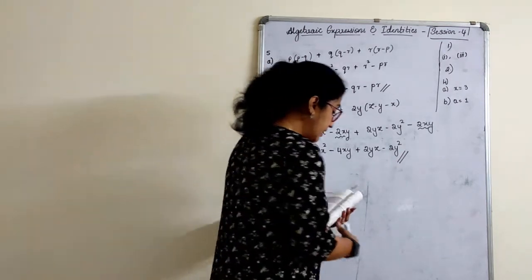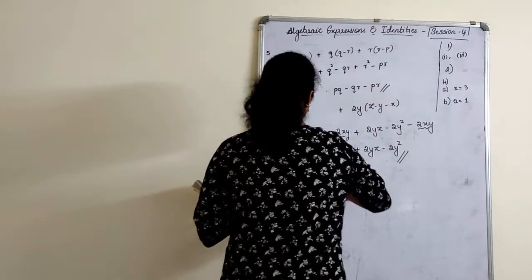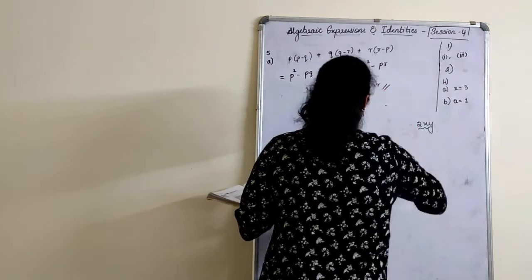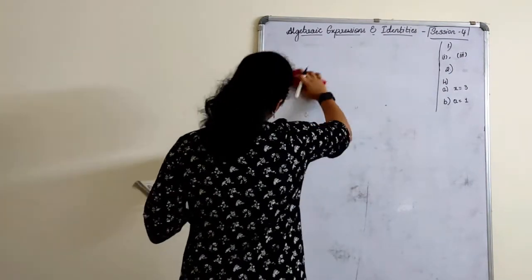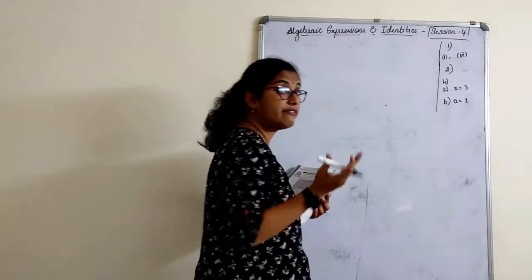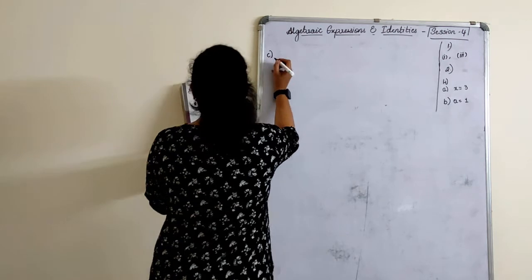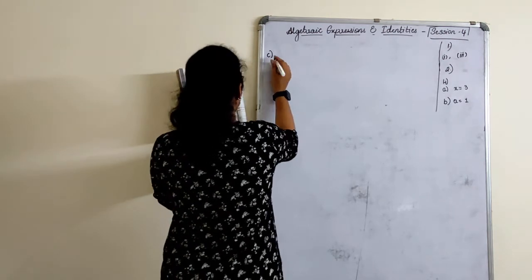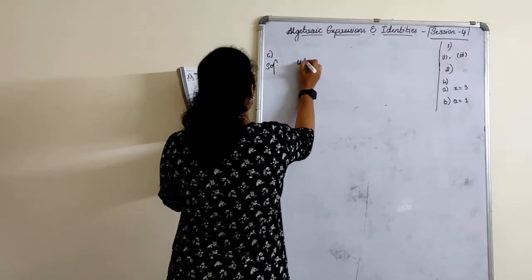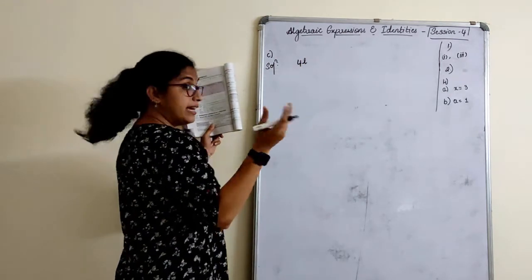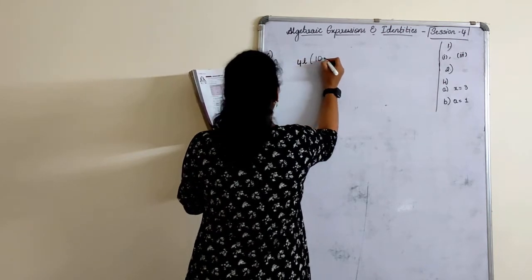Subtract a given thing from this. Now we know that whenever "from" is there, we first write whatever "from" they have given in the other way and do it. For part C, I will write the "from" part already here, children. I will not copy the question. In the solution, wherever "from" is there, that should come first. 4L will come this side.